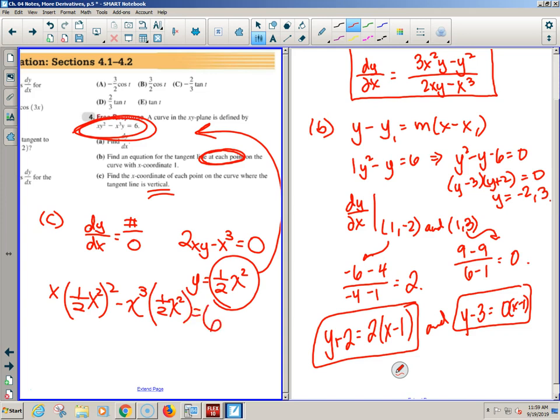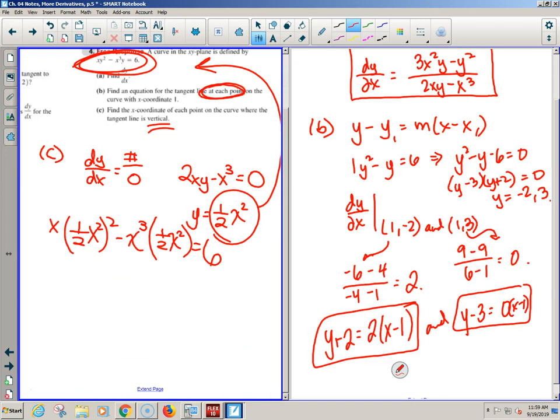Can I solve it? Yeah. So therefore I have x to the 4th and x to the 5th, and I have a 1/4. So x to the 5th over 4, double check my math. Minus, I have x to the 5th over 2. Well, that's nice, because I can just do a common denominator real fast, right? Equals 6. So it's going to be 1x to the 5th minus 2x to the 5th, so negative x to the 5th